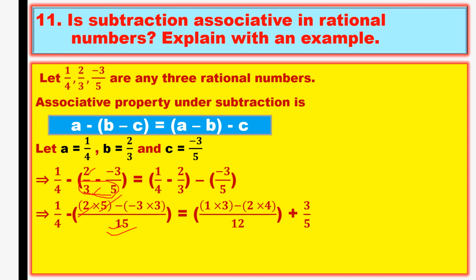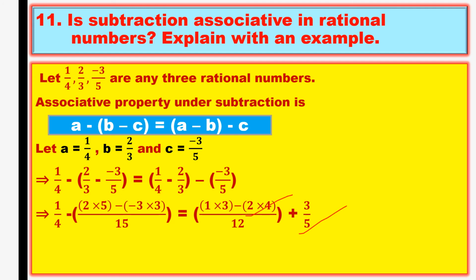So 2. Okay. Next, minus I put as it is, or else you can directly write minus into minus plus also. But here I put minus separately, this one also separately. Okay. So 15, in the 5 table 15 goes 3 times. So 3 into the numerator is minus 3. So I put minus 3 as it is. Similarly you do for this one. The LCM of 3 and 4 is 12. Next in the 4 table 12 goes 3 times. So I wrote 3 into the numerator is 1, 1. Okay. Similarly for this one.